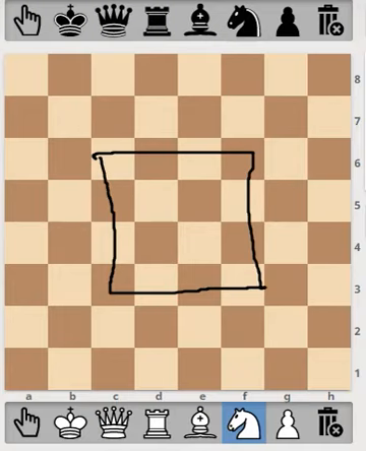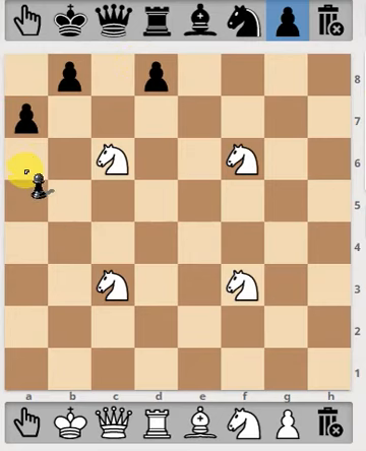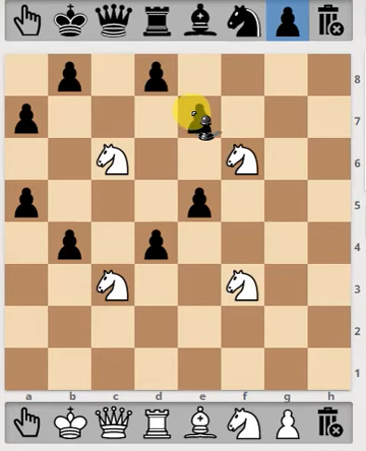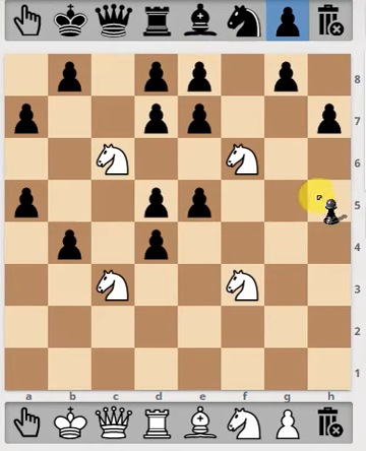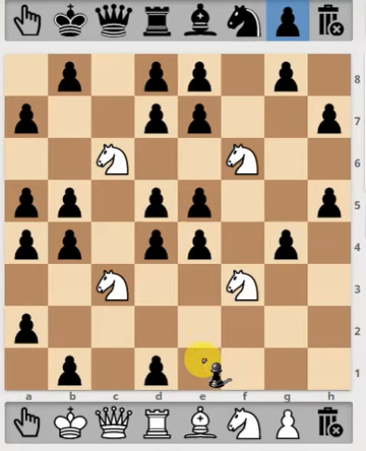Let's see an example of how the knight moves. The knight is here, here, here. Now the knight goes here, here, here, here, here, here, here, here. This is how the knight moves. So it moves in 8 directions. The same applies to this knight as well. Both knights are sharing some squares. This is how it works.